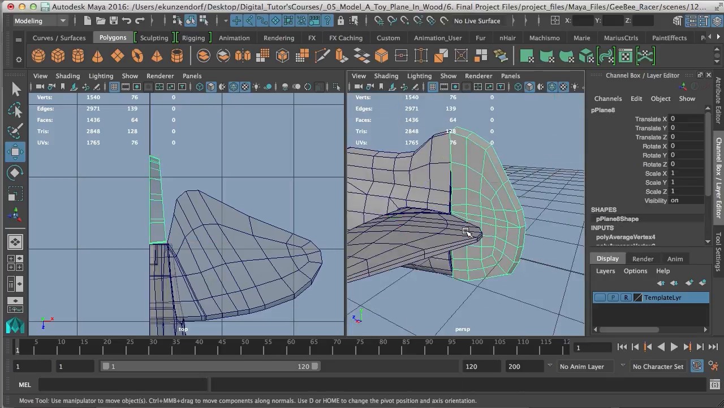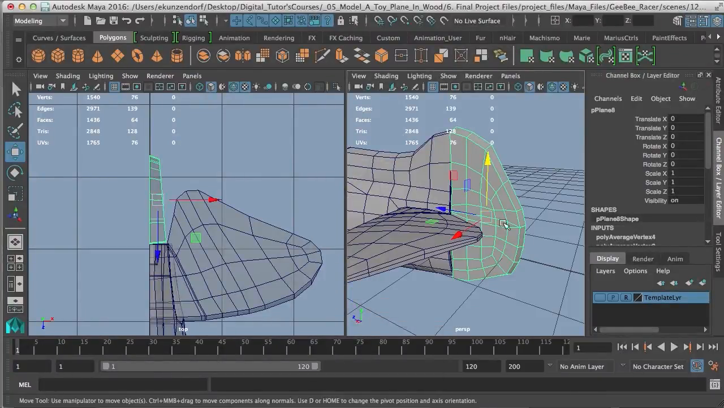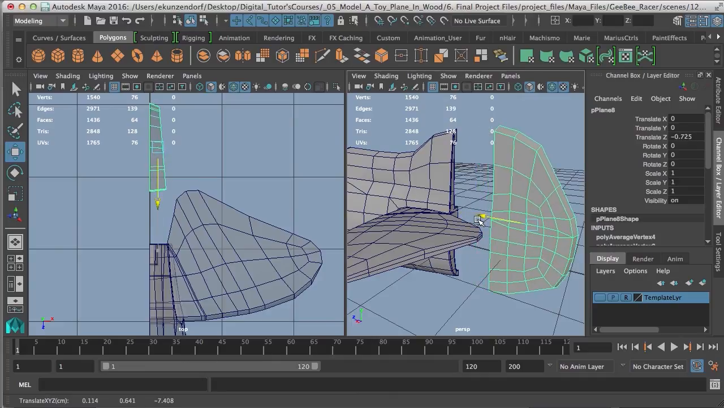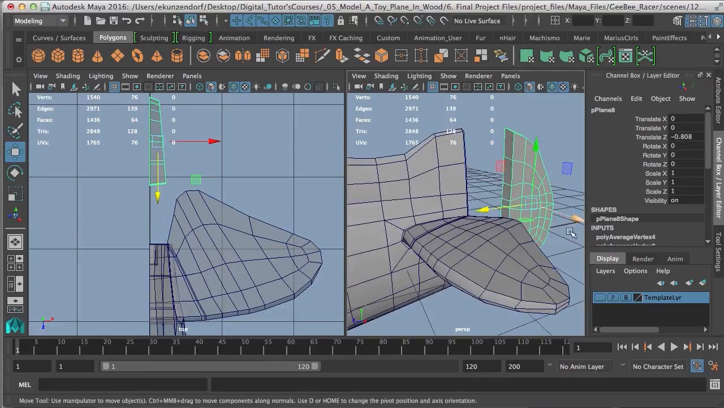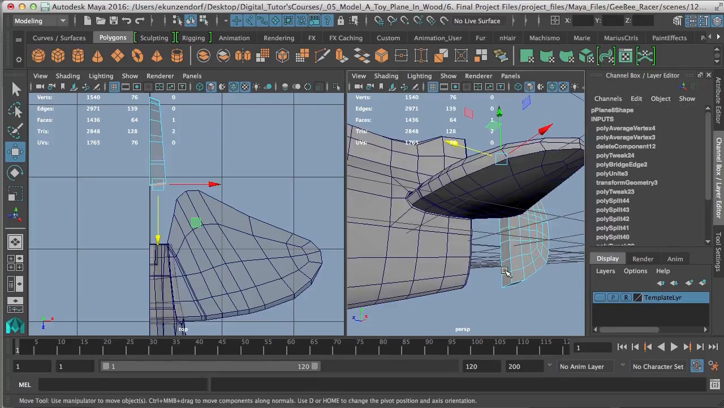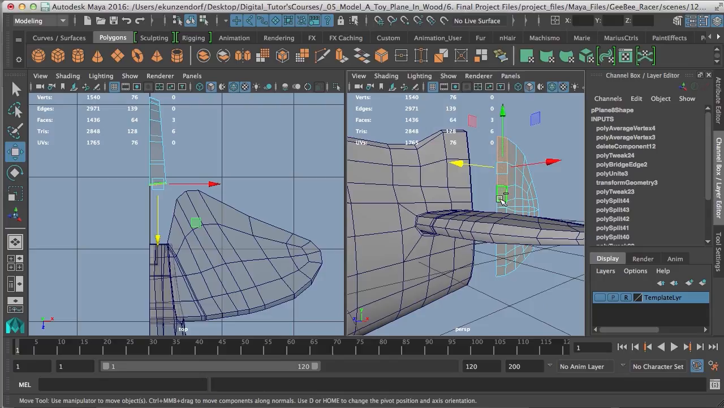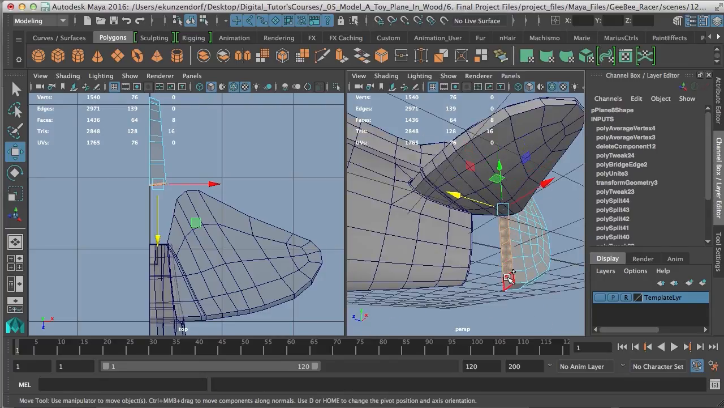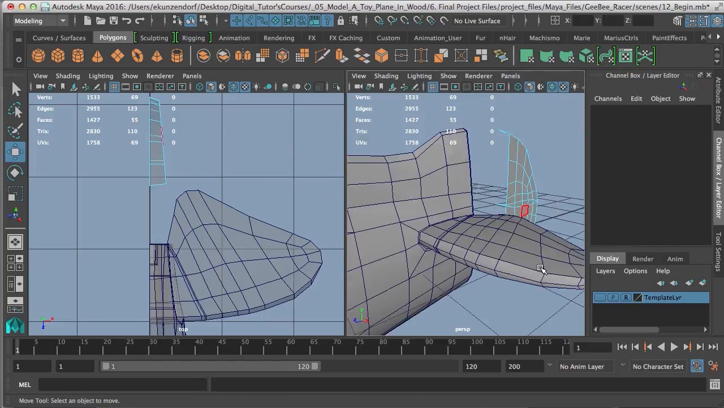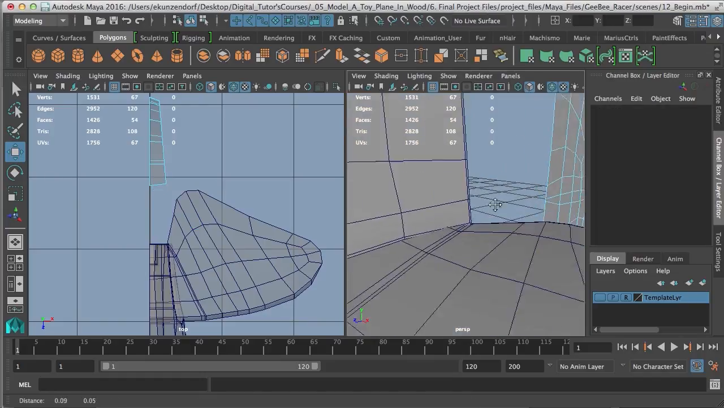Next thing I'm going to do is select the rudder, and I'm going to center my pivot so that I can grab it easily. And I'm going to move this back in space. And I'm going to delete these faces on the inside here. All right, so we'll just grab them and delete. And I got one, yeah, that one right there. Okay, so